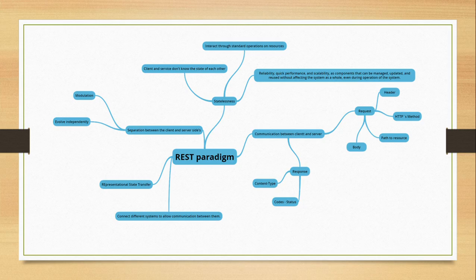And on the server side, the response can have the content type, which sets in the response what content type the client can receive, and it can send some status code, which are the HTTP status, that can be 200, that means that the operation was okay, or 201, that means that the operation was successful in the creation of